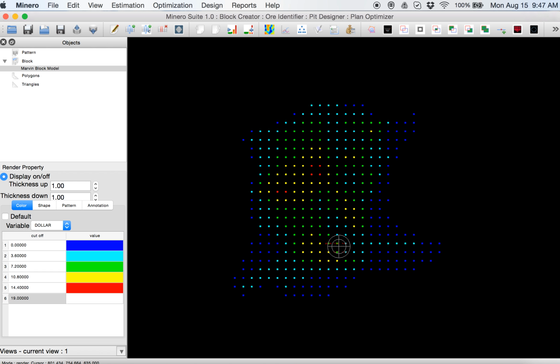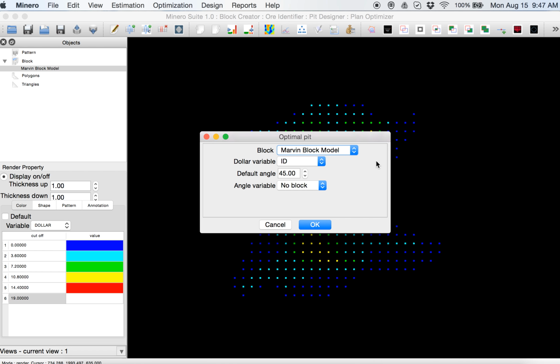I'm going to run optimal pit using the results from compute value. Start in the Marvin block model. In optimal pit, we will need to select block model, Marvin block model, also dollar variable.